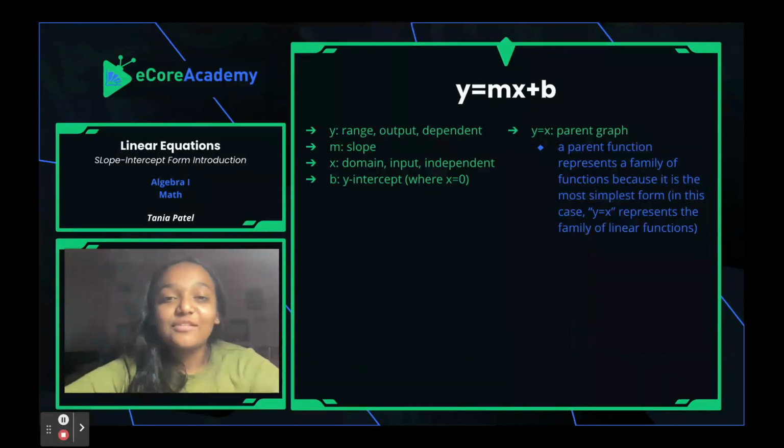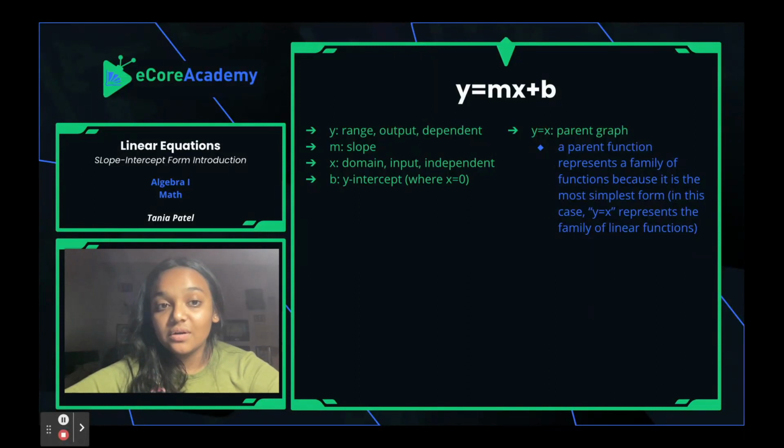All right, so the one that we're going to be focusing on in this video is the slope-intercept form formula. It is y equals mx plus b. All of these variables in this literal equation have different meanings. They stand for things. So the y in this case is the range, is the output, and it is the dependent variable. The m is the slope, the x is the domain input and the independent variable, and b is the y-intercept